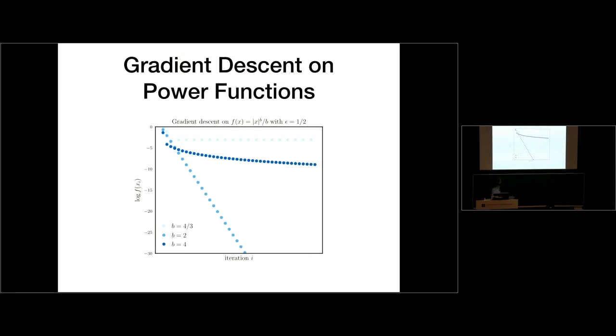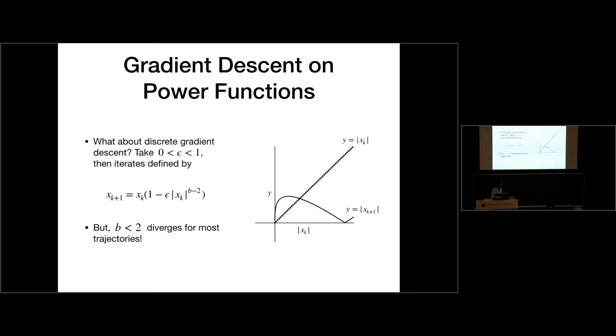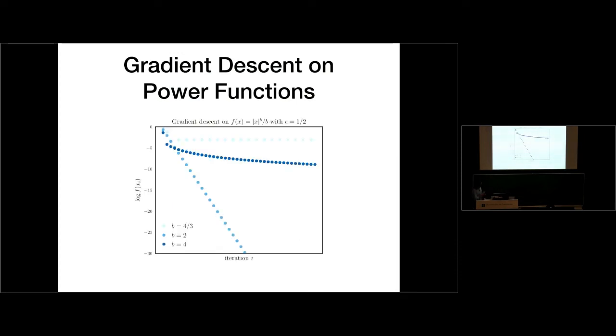And just if you didn't believe me, here is the simulation. This is the same system that we were looking at before, but now in discrete time, and we've taken a step size of 1/2. We see that b equals 2 still converges exponentially fast. Notice, by the way, if b is 2, then this is just a constant 1, regardless of where you are. So for b equals 2, we still converge exponentially quickly. For b equal to 4, well, we're still converging slowly, but we're not surprised. But for b equal to 4/3, we don't converge at all, and we just hit this sort of dead zone.